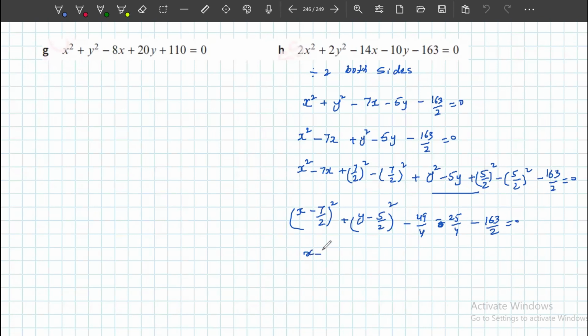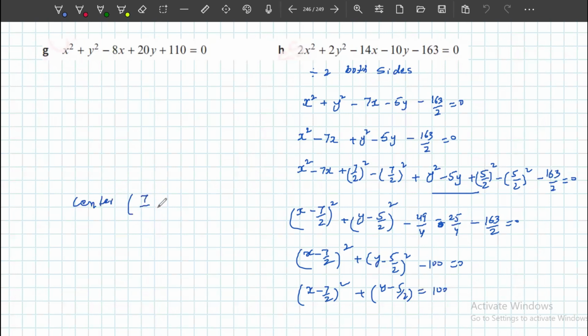So this is x minus 7 over 2 whole squared plus y minus 5 over 2 whole squared minus 100. We can take 100 to the other side. So x minus 7 over 2 whole squared plus y minus 5 over 2 whole squared equals 100. And now the center of this circle is the opposite sign, okay? 7 over 2 comma 5 over 2, and the radius r squared equals 100, so that gives me r equal